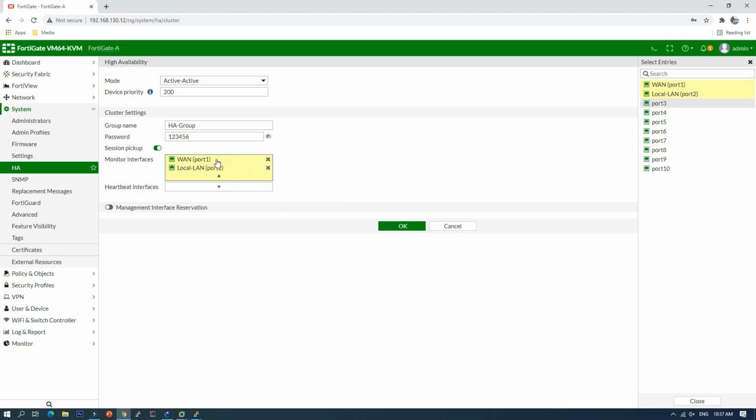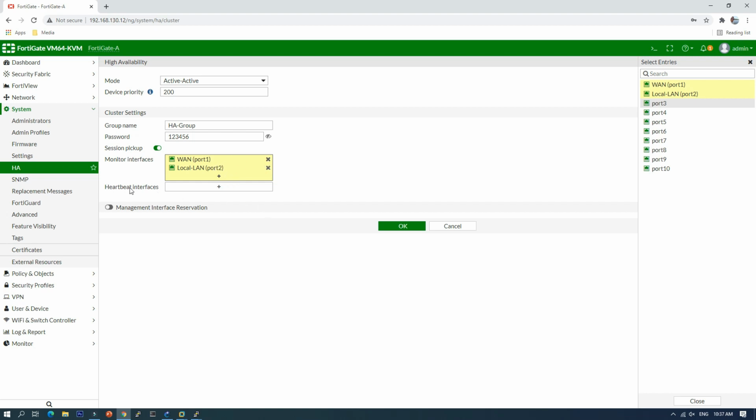That option does not work for me because my lab is a FortiGate VM trial version. If you have a real device, you can test that option.